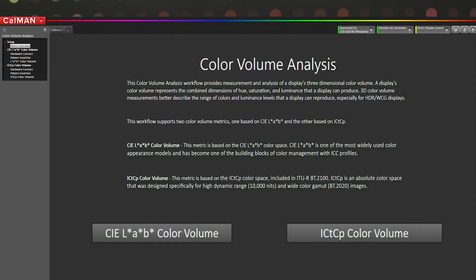So the color volume workflow, it's in Home Enthusiast, it's in Video Pro, Calman Video Pro, Calman Studio, and Calman Ultimate. So it's really something that everybody can start to play with and measure their own display. It's not really related to calibration, but it's more of a performance metric. And so the TV reviewers are starting to use it, and R&D at the TV manufacturers are starting to use